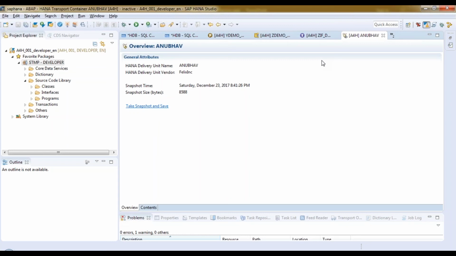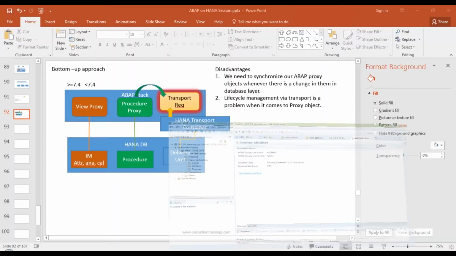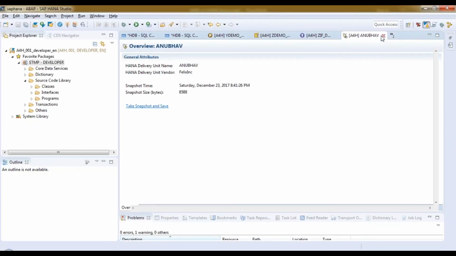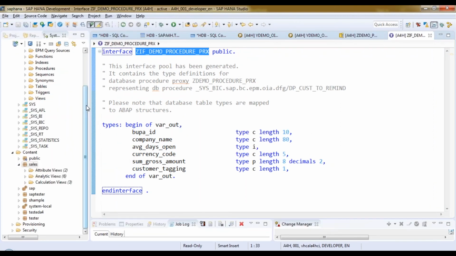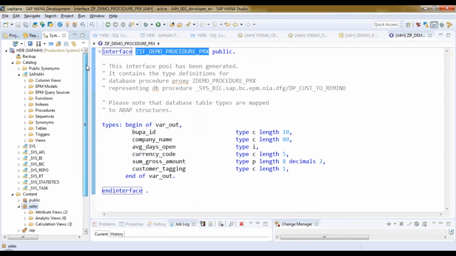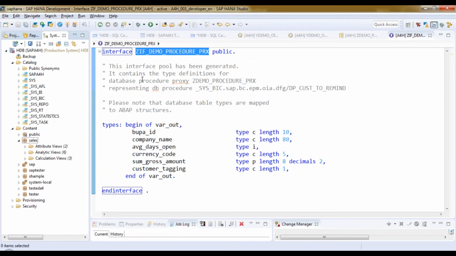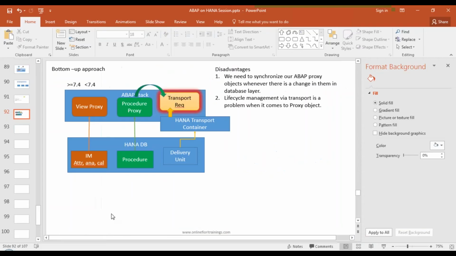Now there's another challenge. There is another challenge. Can anybody tell me what will be the name of the schema in the SAP HANA database? What will be the name of the schema in your SAP HANA database system where your SAP system is connected? Incorrect answer, Shilpa. What is the naming convention? So here my development system name is A4H. Okay. My development system name is A4H.